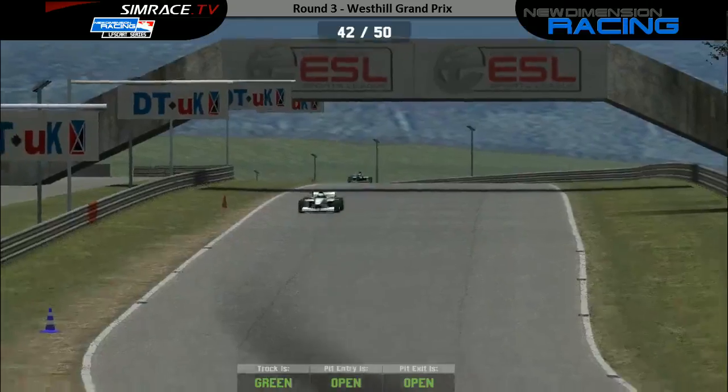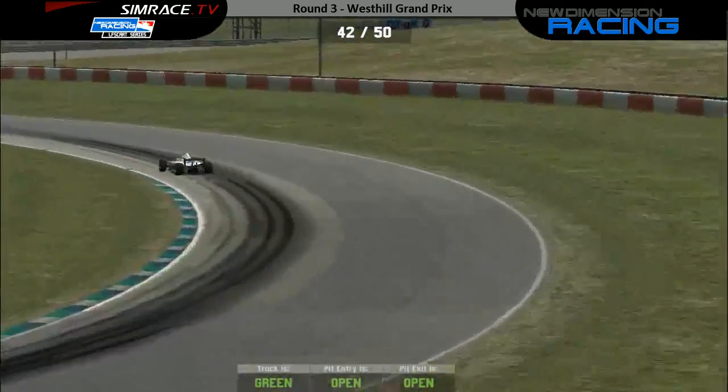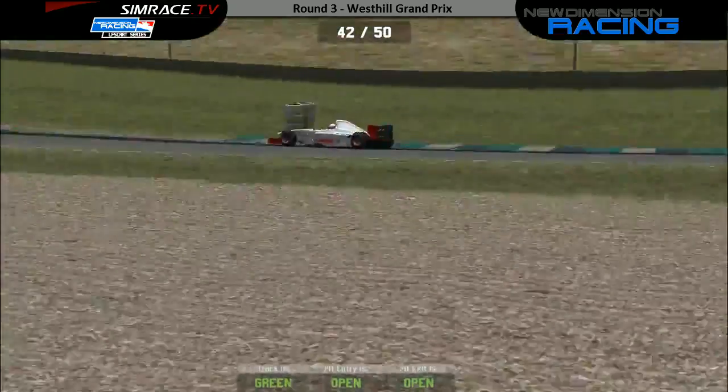Fortunately, we don't possess either that track or that car in this simulation. And it doesn't look like it's gonna happen soon, so you just have to deal with what's there, and